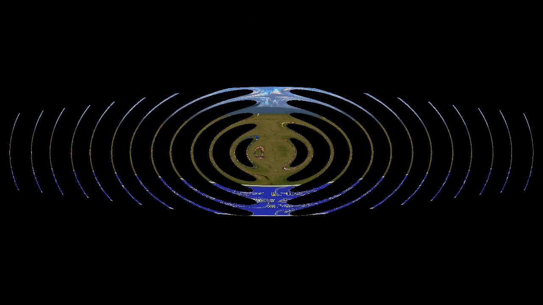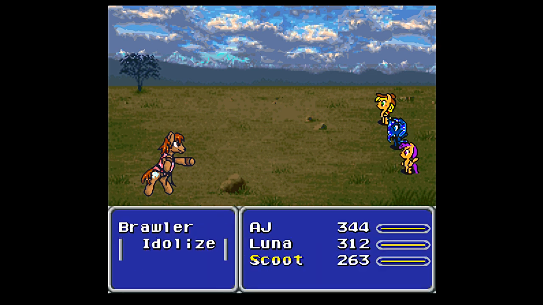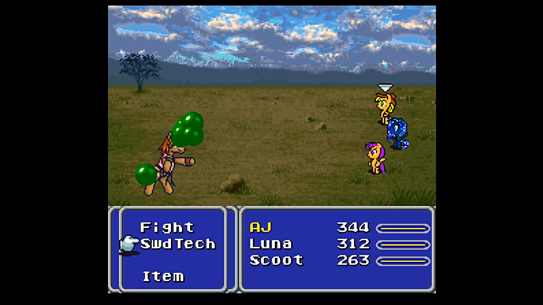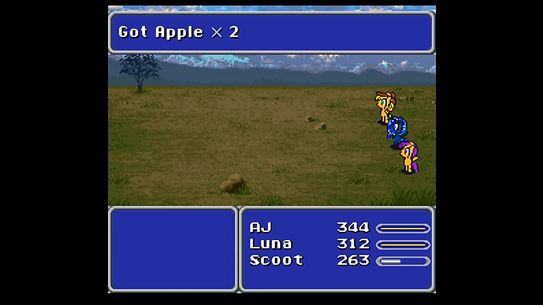Awesome. Now, we didn't get to see the special ability there, which in this case I believe is the Poison Spell. Let's see if I can get that to work again. Yeah, Poison Spell, which I don't believe the Were-Rat is capable of using. Holy cow, I forgot that guy was weak against that, it's a slow magic defense. But anywho,